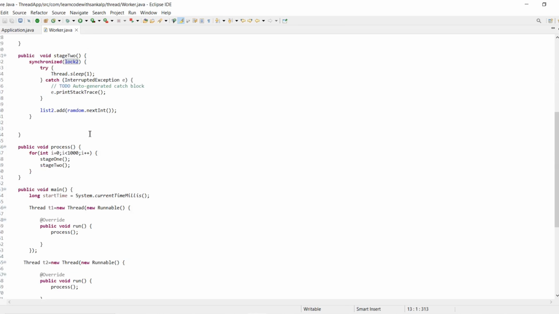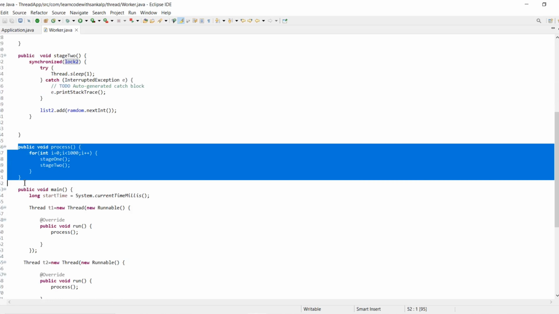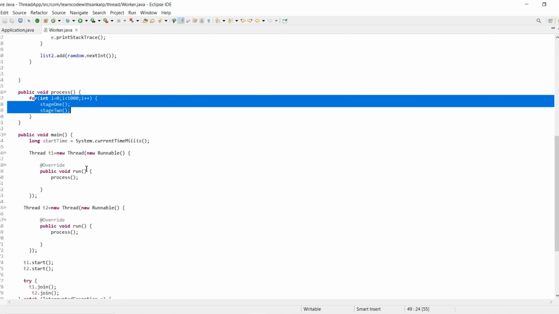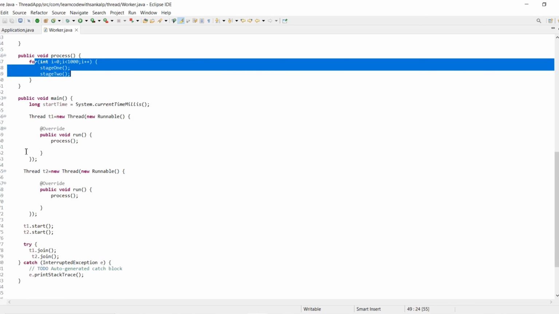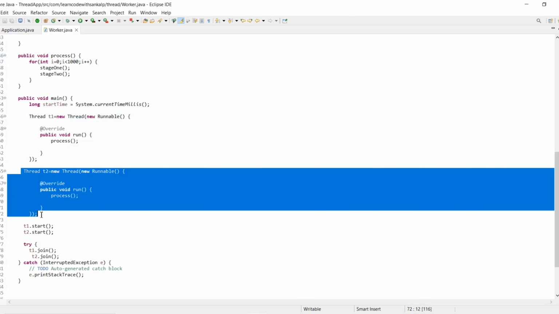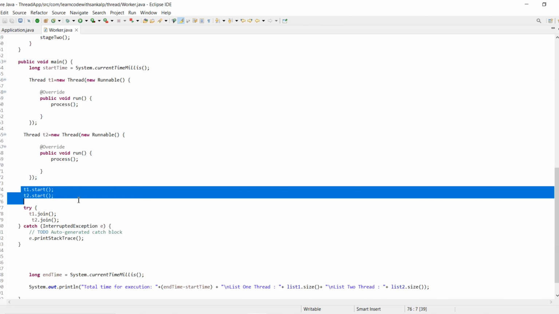And here we create one process method, and we iterate 1000 times over stage 1 and stage 2. And here we create a thread class and run that method 2 times, and we start the thread.